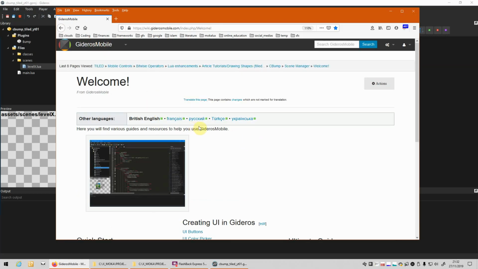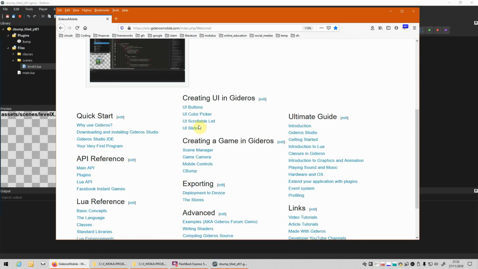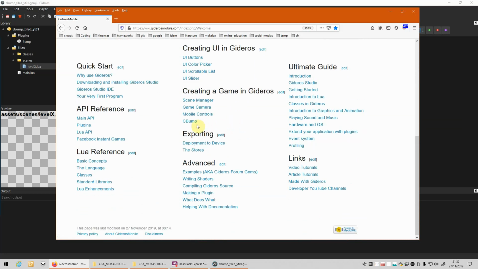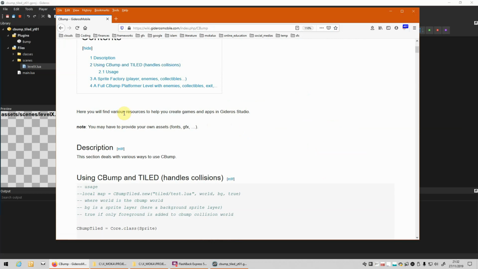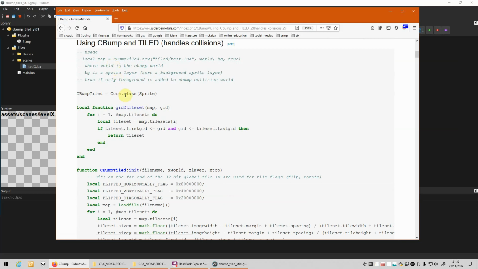So Gideros Mobile. I'm building a platformer from scratch, using only the wiki. So CBump, that's the help file I need.